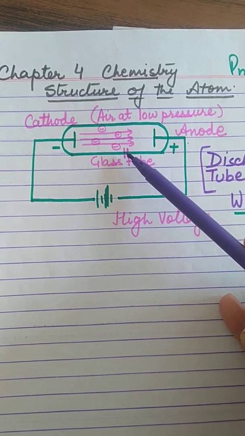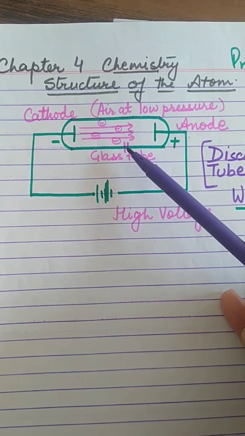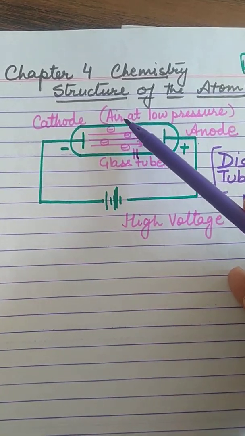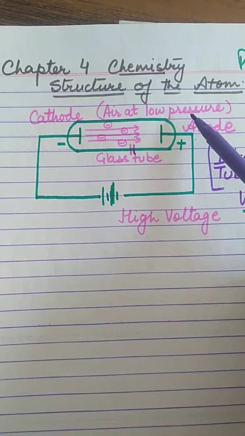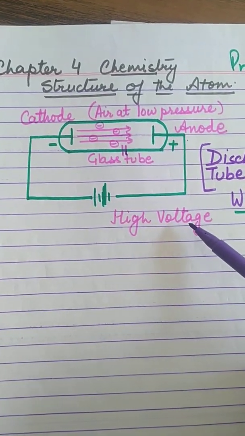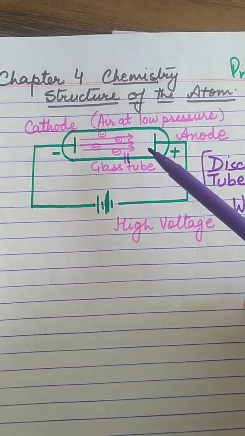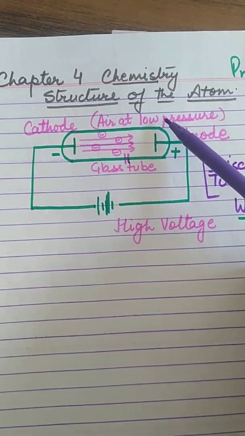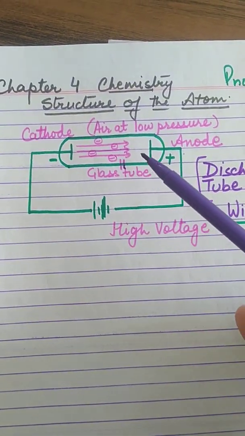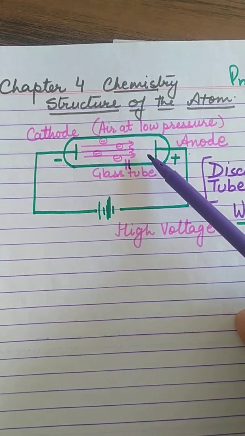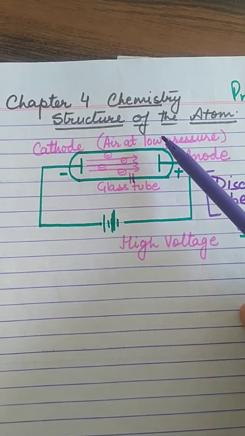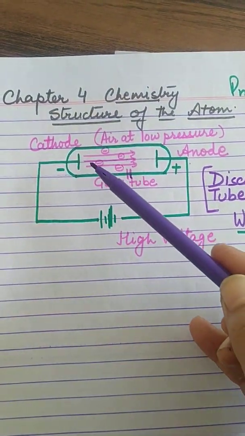Why is the vacuum pump there? I hope you all know what a vacuum is. A place where there is no air. So the pump was fitted to keep air at low pressure in the glass tube, and high temperature. So the two conditions maintained in the glass tube were air at low pressure and current at high voltage. When the gas was filled, they observed that when these two conditions were maintained, few